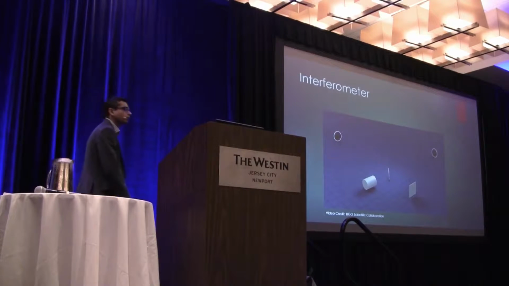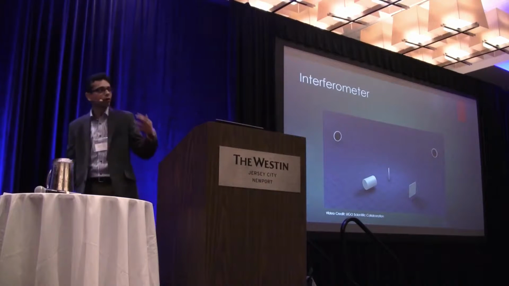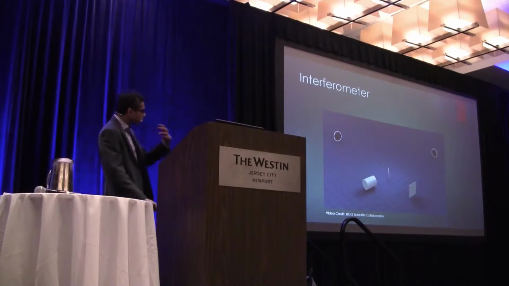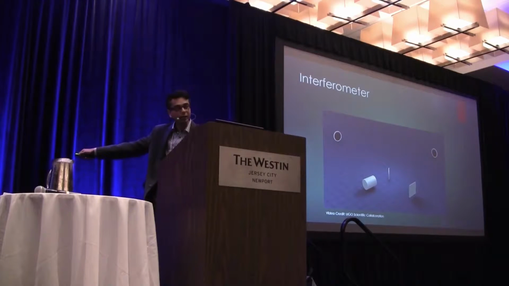However, because of the presence of gravitational waves, the length of those tunnels is going to change. And when the length of the tunnel changes, we have constructive interference, or we produce resultant waves of different magnitude, and then we will have detection over here, and that will tell us that we detected a gravitational wave.